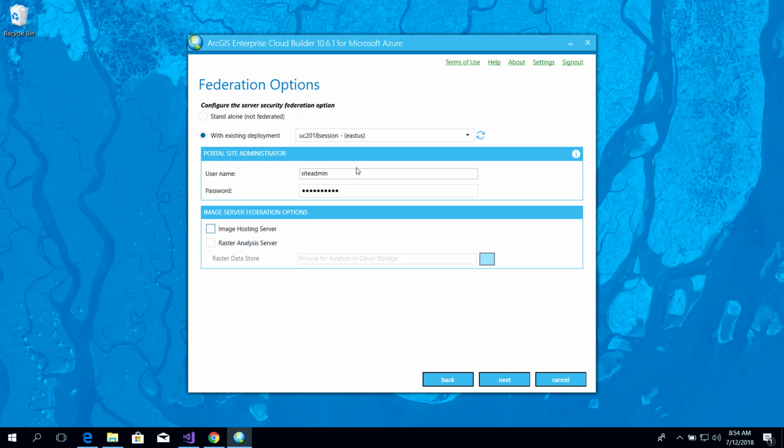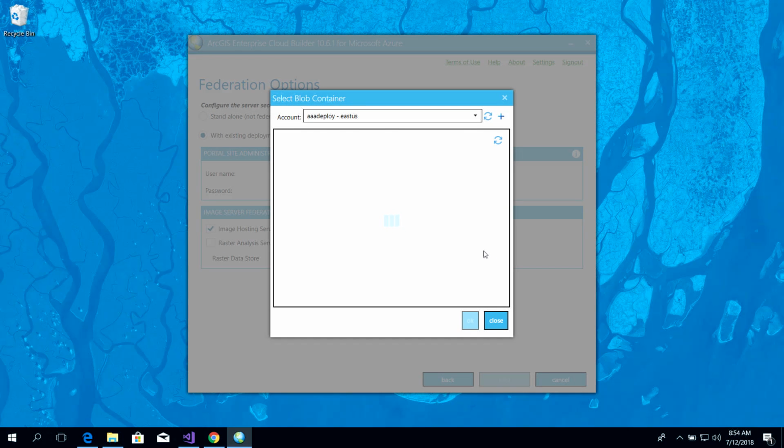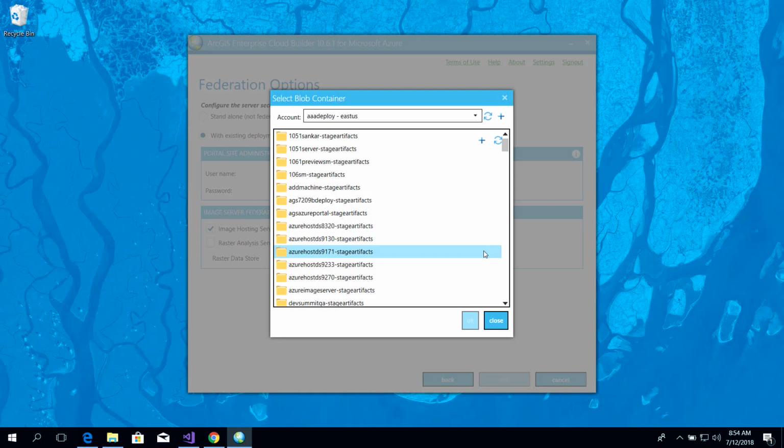Since this is an image server, you can actually deploy an image server to do two functions, one or the other or both. You can choose it to be your image hosting server and serve out your imagery, or you could be deploying it as your raster analysis server, right? So where you're actually running analytic jobs against raster data. And let's say you chose one of those options, you can also choose to use a raster data store that lives in cloud storage. So this is where, here's an example of ArcGIS Enterprise and Cloud Builder working with cloud native features. In this case, I'm choosing to say my raster data store, or the output of my raster analysis,